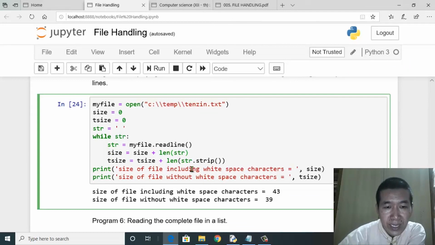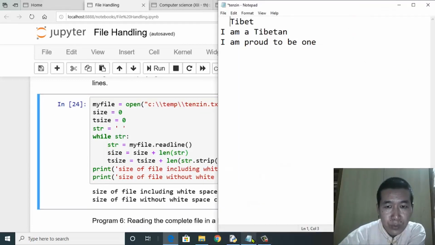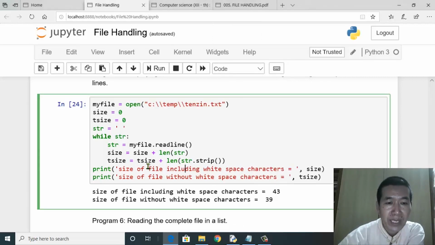Okay, and then again the value of str, which is the first line. Now this time the leading two spaces and that single Newline character will be skipped, will be removed, and then counting will restart. Now this time the counting will start as 1, 2, 3, 4, 5. So 5 is the value which will be assigned to t size, 0 plus 5 is 5. Okay, so you have here 8, you have here 5. So again the loop restarts.